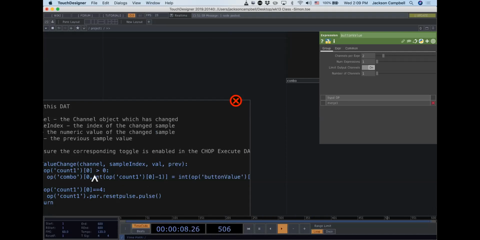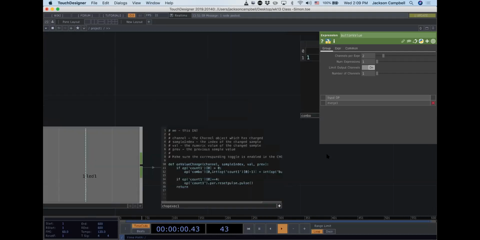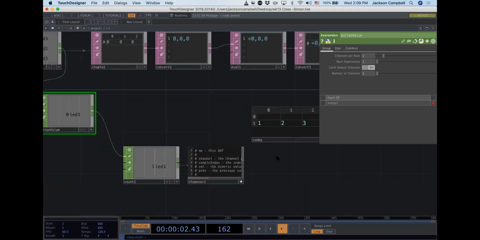So see what I did here? It should be 0, comma, and then the word int, and then in parentheses, that op that we're talking about, then parentheses, and then the closed bracket. That should fix it. So now if I click my button,